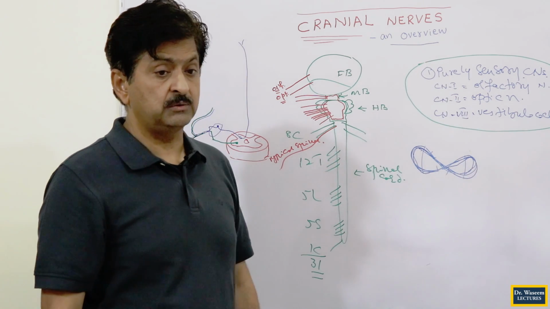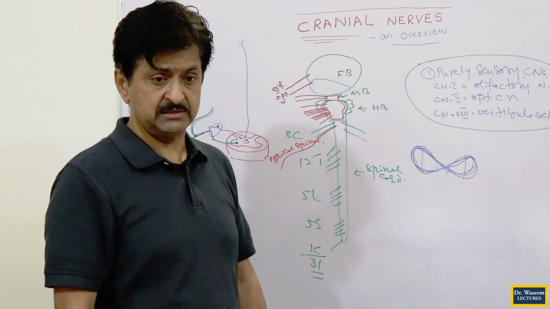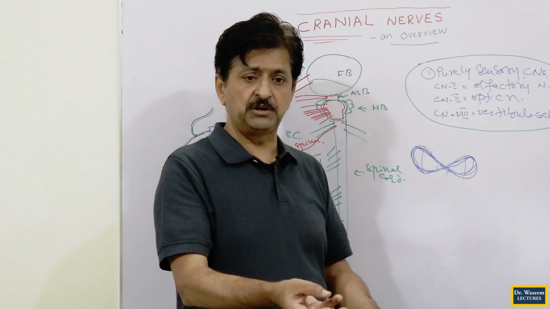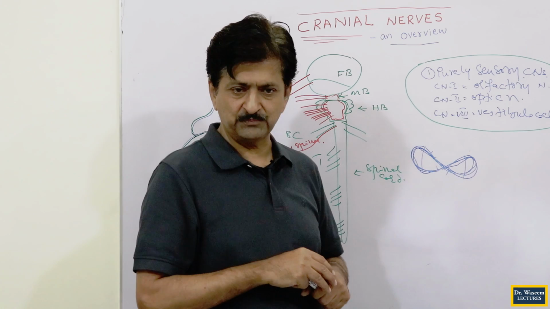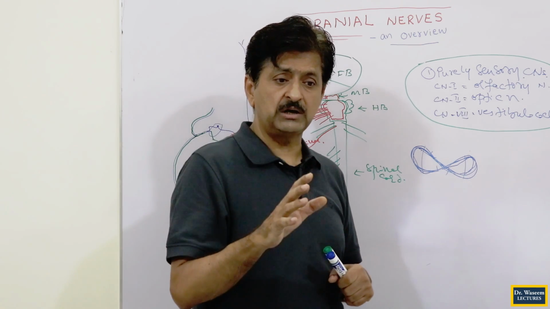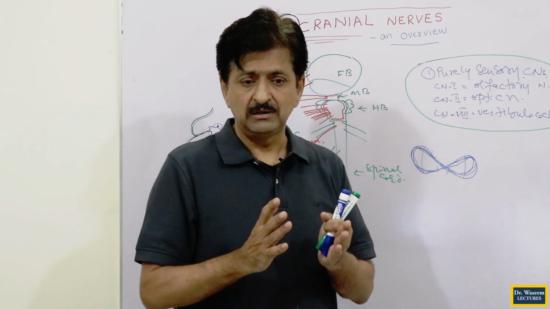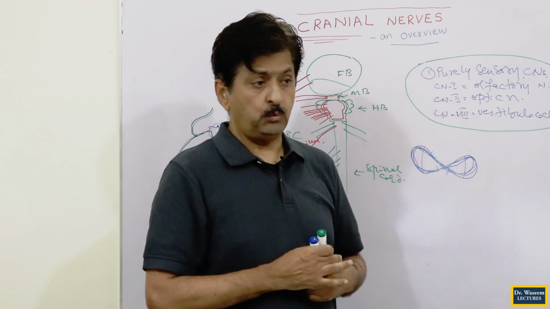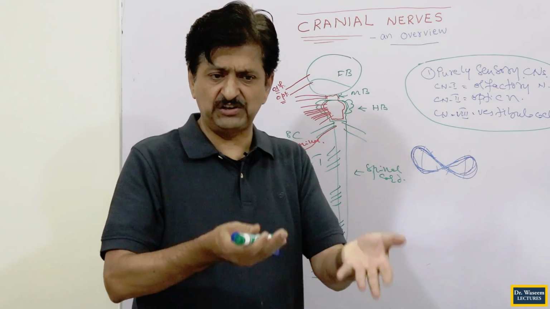Come back and see who are the purely motor nerves and why. This is the main thing. Who are the purely motor nerves? We can give it as 3, 4, 6, 12, and solve our MCQ. But we should know why they are purely motor, why nature has designed them as purely motor only. Why not put some sensory fibers on them also?